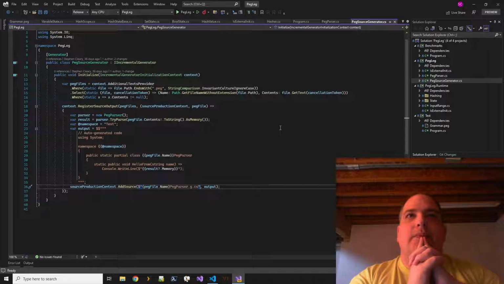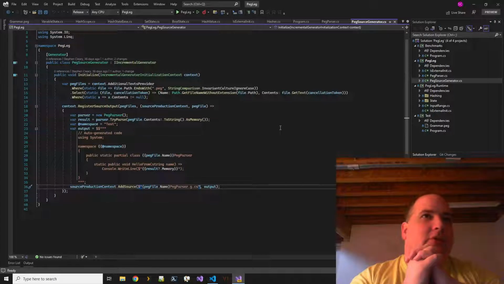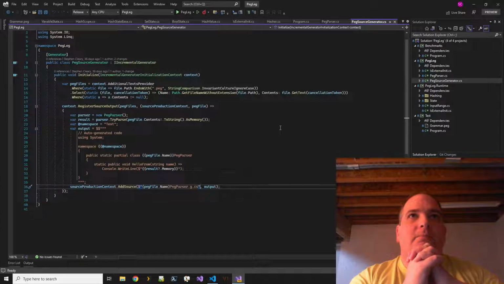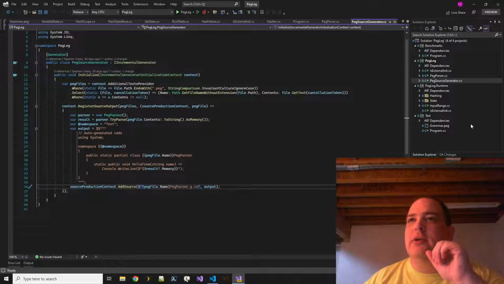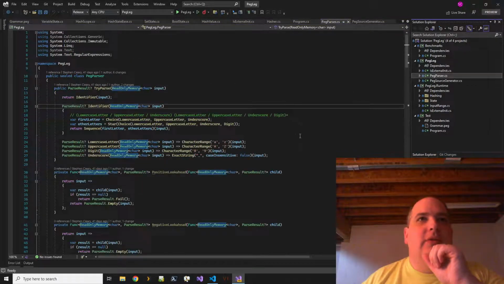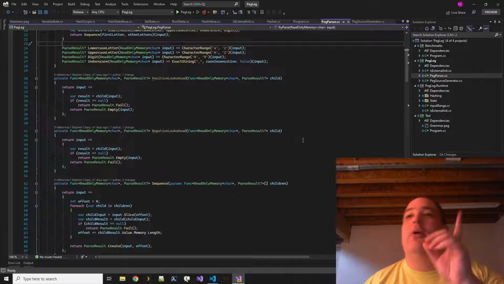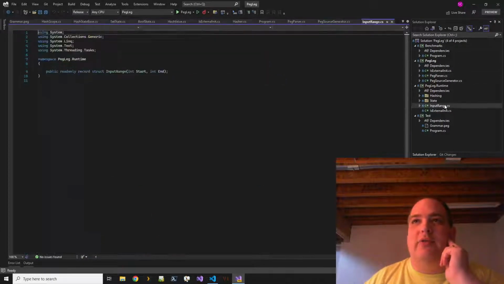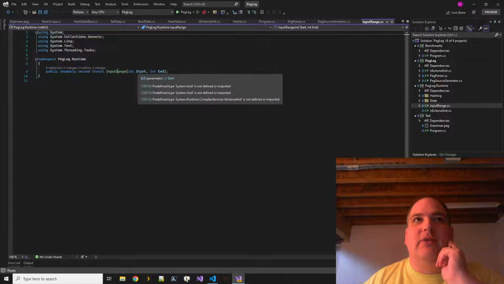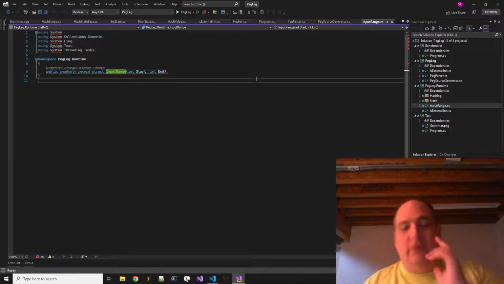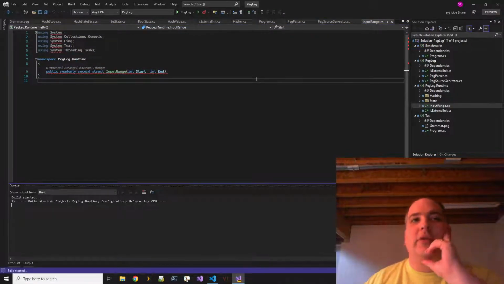So anyway, we have that restriction, and it's kind of annoying because I keep wanting to use things like memory spans and some .NET 6 things that work natively with spans, that I end up having to, let's see, have I run into that yet? I think so. Right, I end up having to, oh no, I think I was looking at that with the state. So like you've got like this input range. Well, this should really be a range. Pull this so that everything comes up to date here.